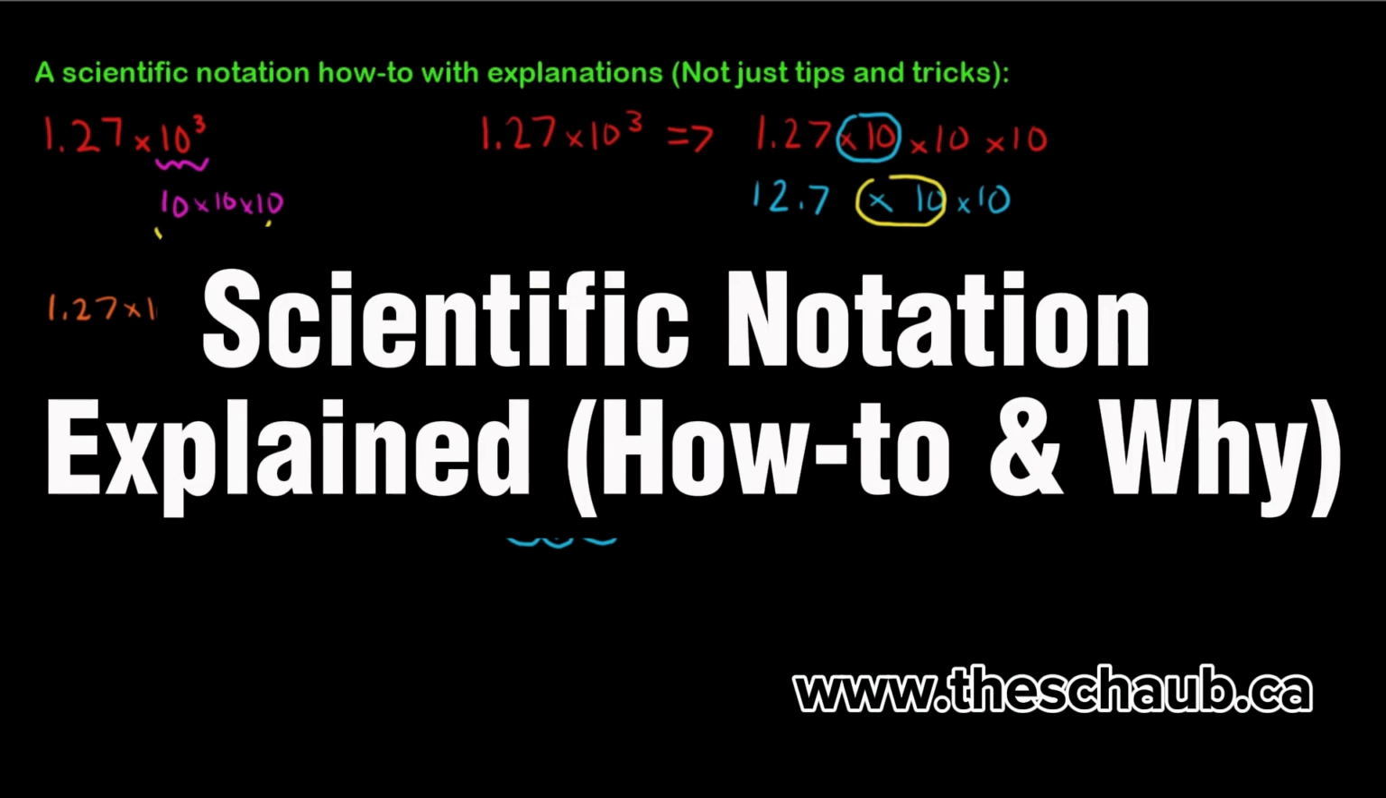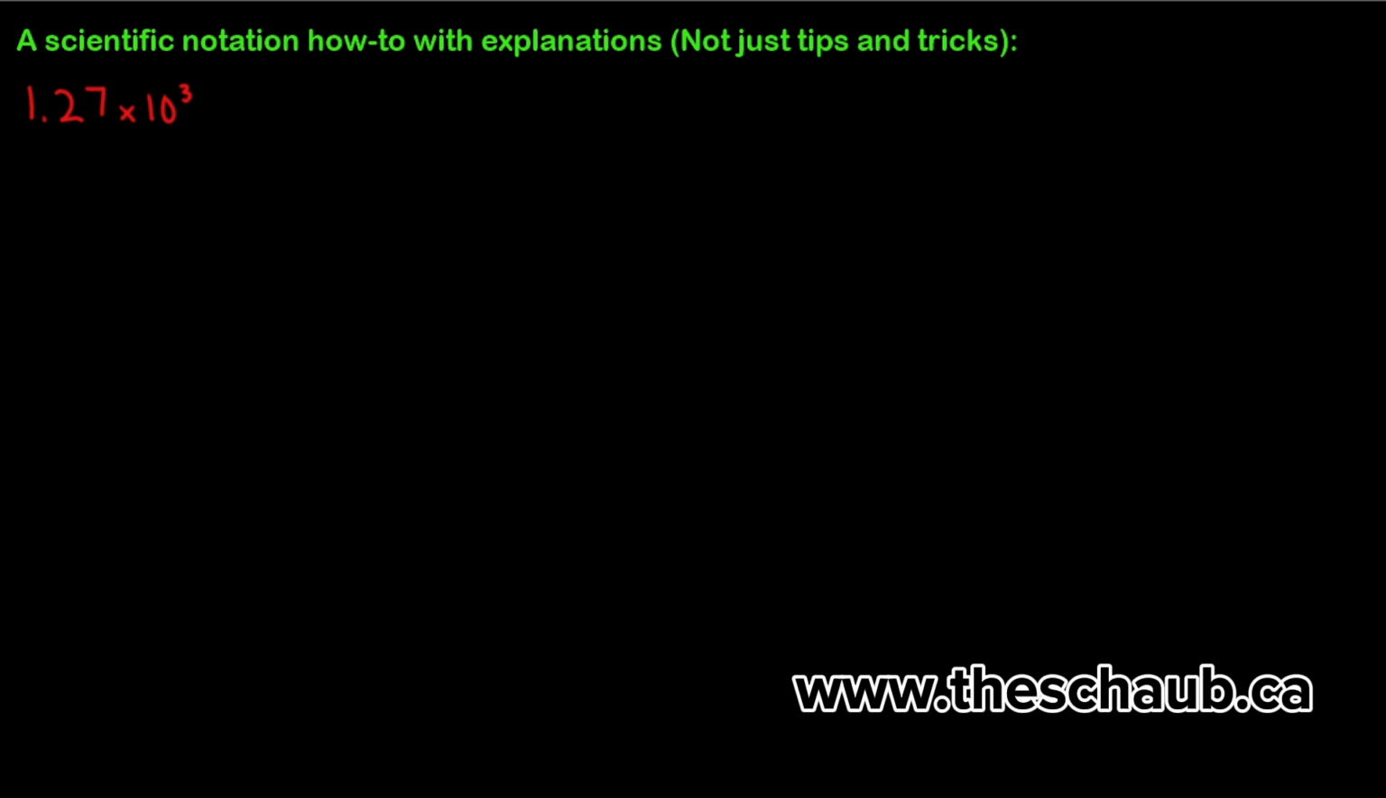Welcome to this video on scientific notation, where we'll look at converting numbers with both positive and negative exponents into and back out of scientific notation. We'll start with the number 1.27 times 10 to the 3 and explore how to move this out of scientific notation. To understand how to move this out of scientific notation, we have to understand what 10 to the 3